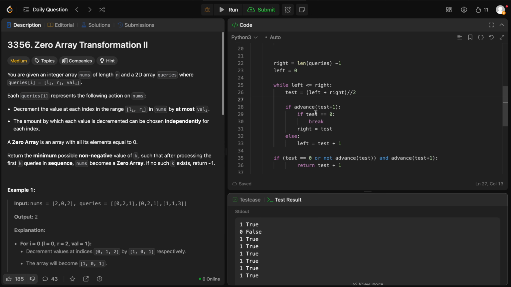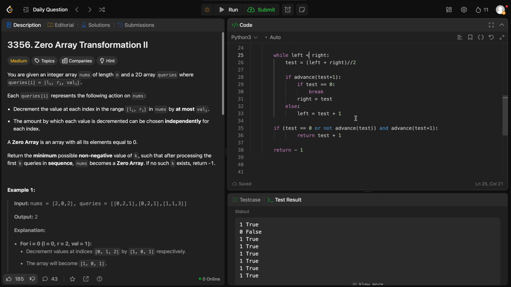Advance of 1. Yes, here they must not be 0, because if they are 0, then if they are equal,